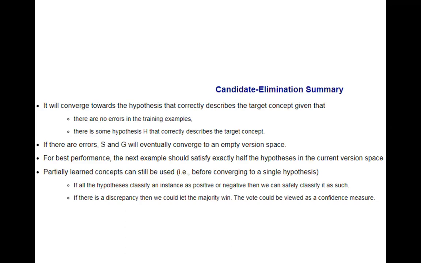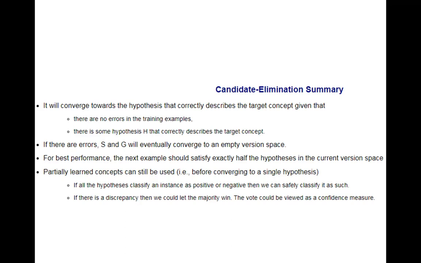In coming slides, I will show you one example where this condition fails. If there is an error in your data, then S and G will converge to the same thing and make the version space empty. So this algorithm will not work on erroneous data.